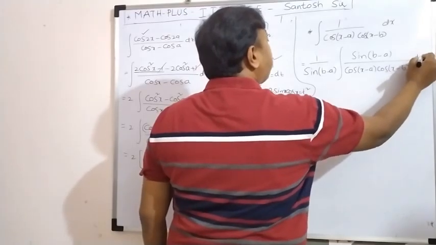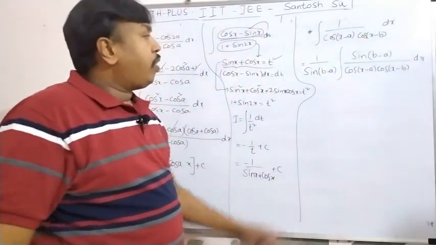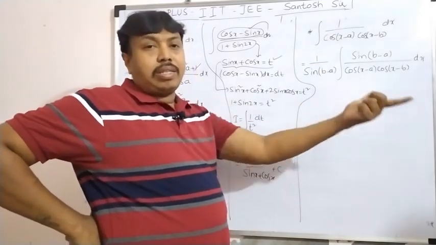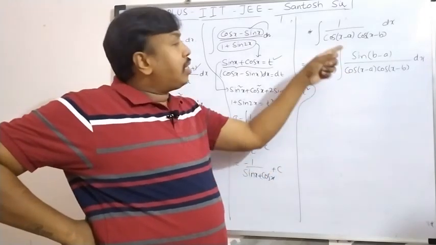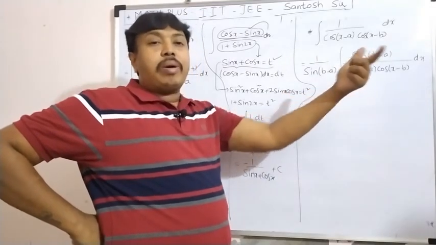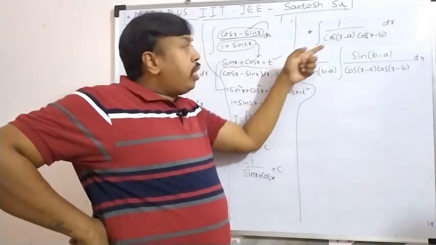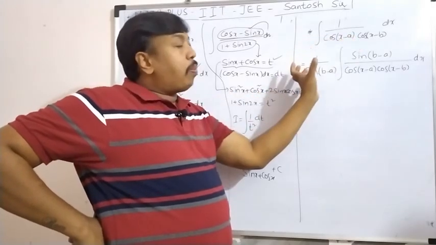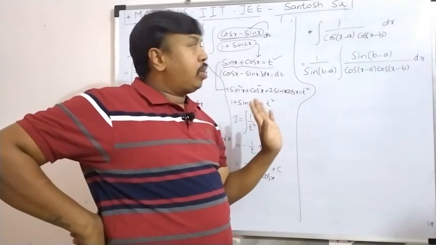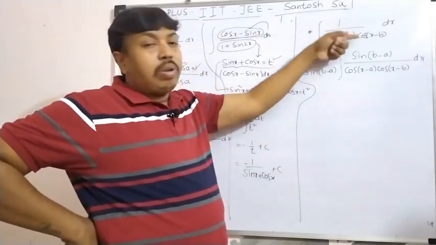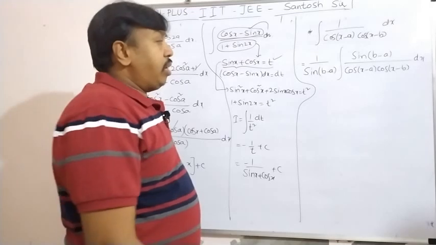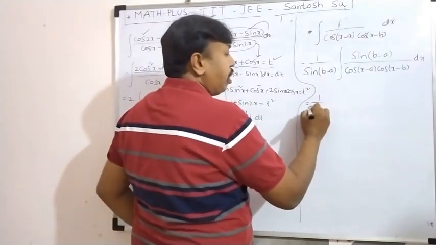So, sir, you can ask, why only the sine function? See, if I use the sin a plus b formula, what am I going to get? Sin a cos b plus cos a sin b upon both cos terms. In the first term there is one cos, one sin term. In the second term also there is one cos, one sin term. So in the denominator both cos terms are there. If you apply this for both terms, one cos function will get cancelled in each term. So you will get cot in one function and cot in the other function also, so the cot integration we can easily get. So now 1 upon sin b minus a.